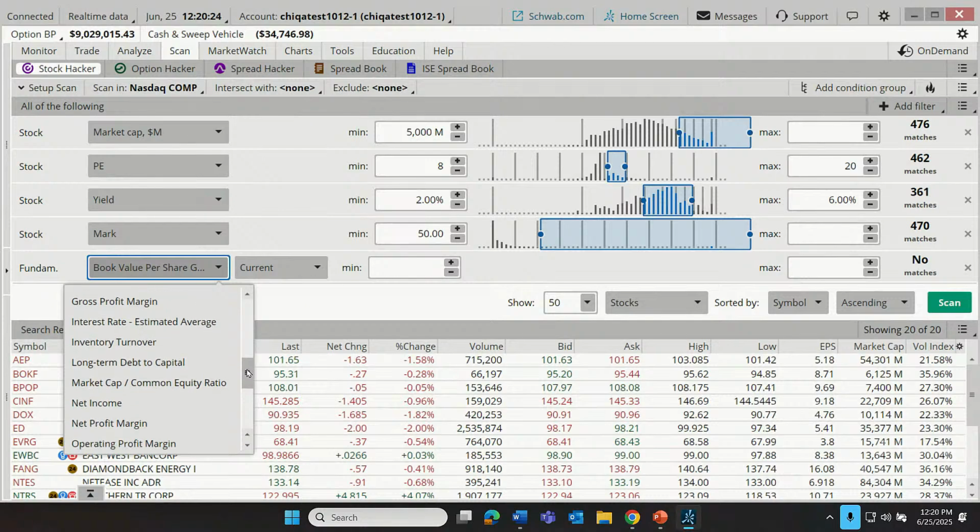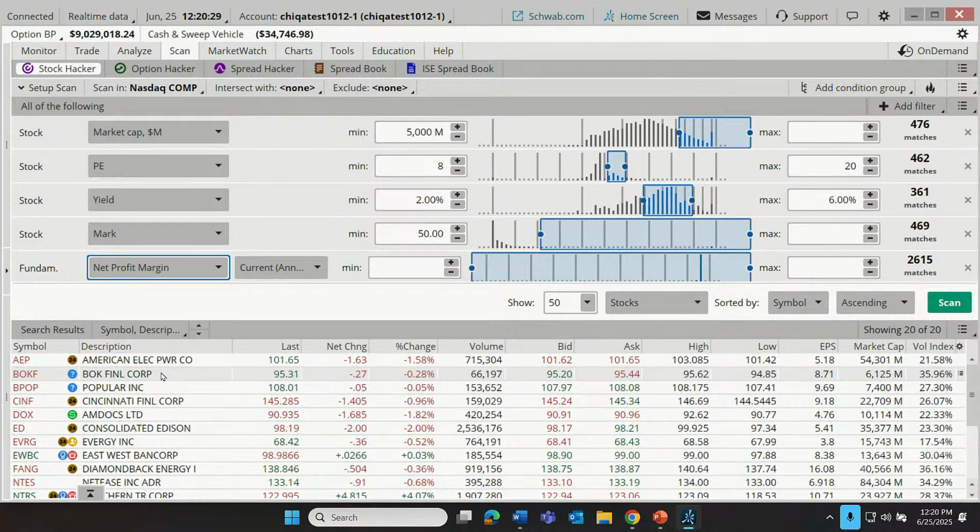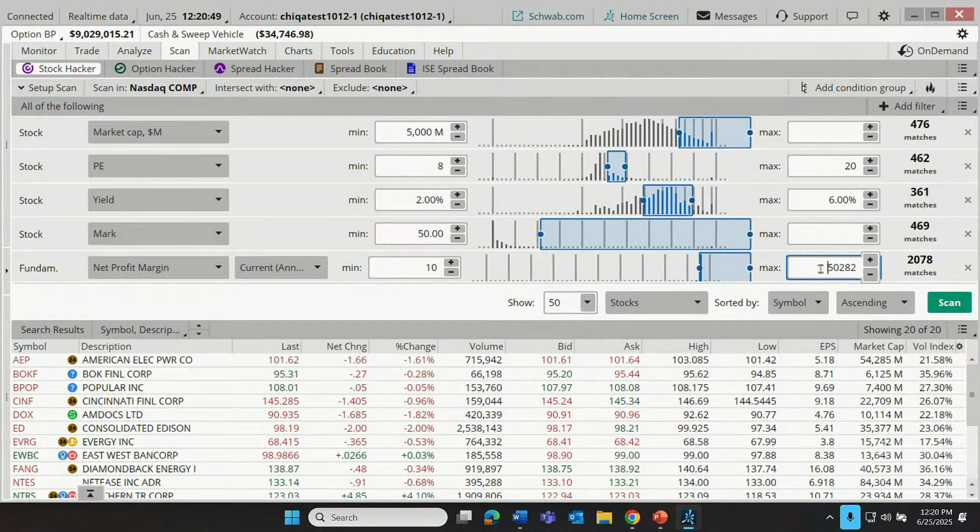And how about from this, let's say our investor is maybe they're just interested in profits. They have a value metric here in the form of a PE ratio. Maybe they also want to see a growth metric, a traditional growth metric like the net profit margin. And maybe they only want to see companies that are generating at least a 10% return from each dollar of revenue. All right. Well, there are 2,000 companies that are generating at least that 10% net profit margin. But let's click scan, see how many of our 20. All right, we've narrowed it down to 17.